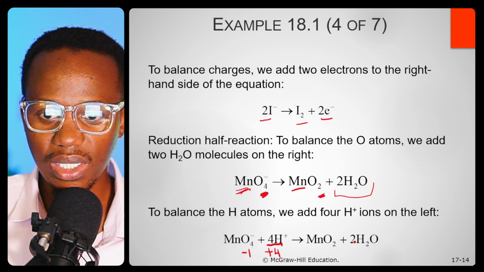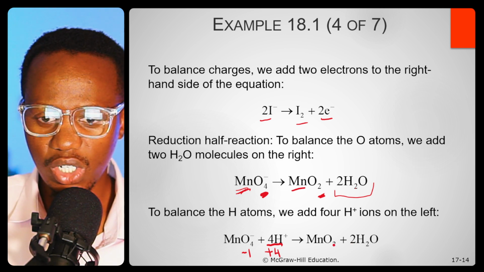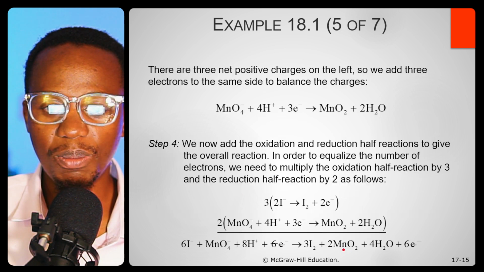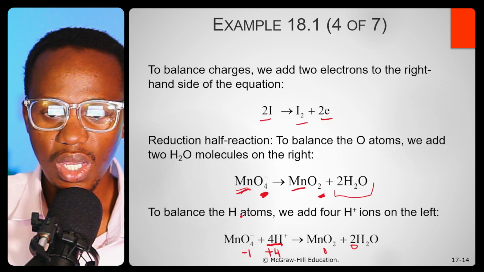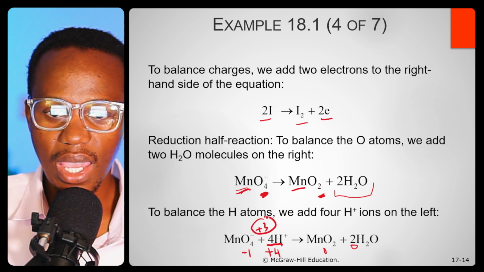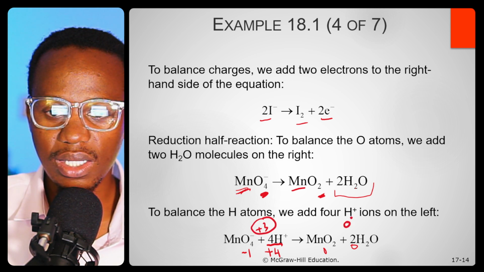And then what do we have on this side? We don't have any charge, right? We have 0, 0. So we don't have any charge, and then we have plus 3 on that side. And then what do we do? If you have plus 3 on this side and 0 here,